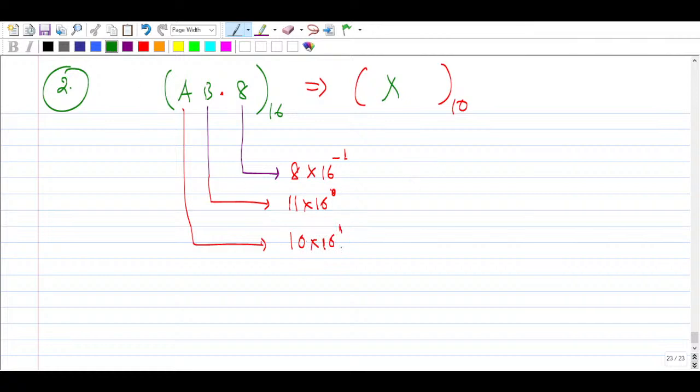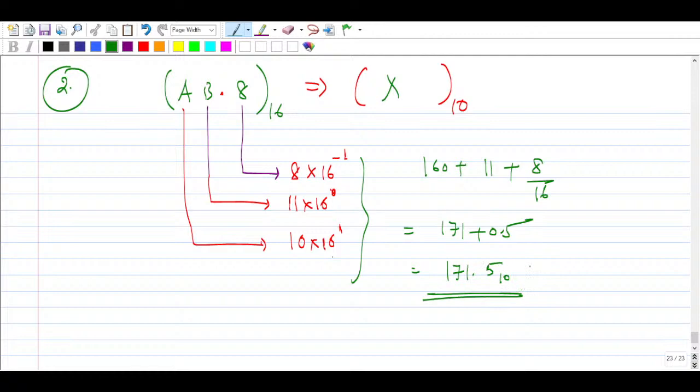You can say this is 160 plus 11 plus 8 upon 16, that is point 5. You can add this and you will get 171 plus 0.5, so further adding you will get 171.5